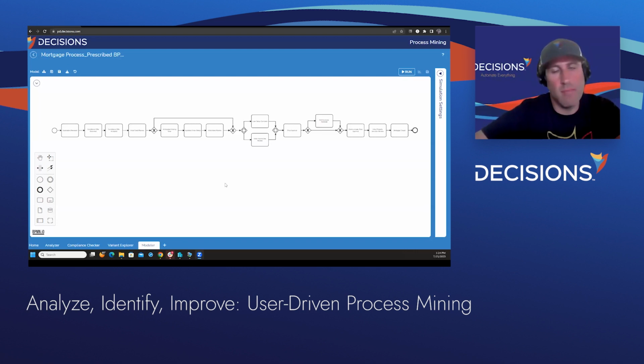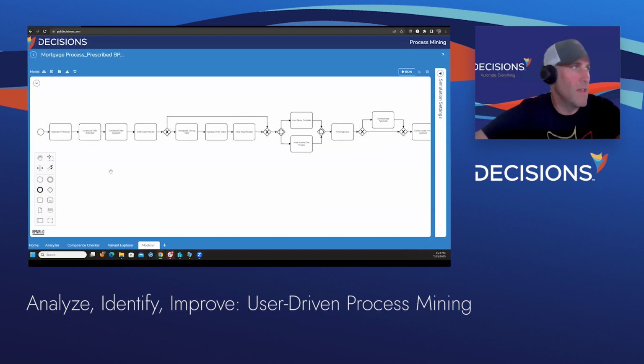As we see here in the modeler, this is BPMN modeling, and what we're looking at currently is a mortgage process. I took it upon myself to talk to some prospects and understand what their current workflow is at an activity level or at a task level. And so what we can do is map out a current process.